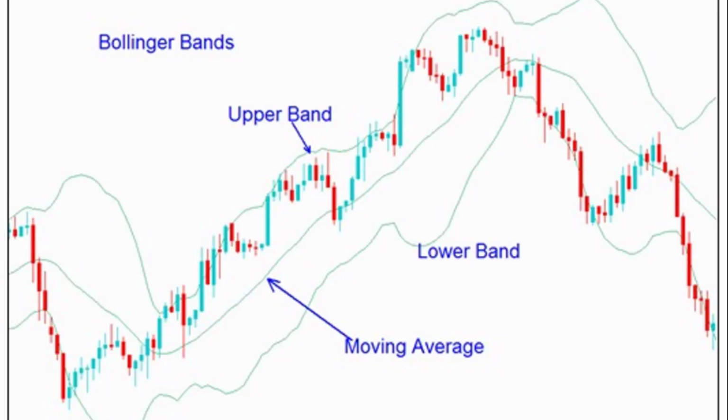When it crosses the middle band, most of the time it moves to touch the upper band, which then serves as a resistance. From there the price might come down again to touch the middle band, which might serve as a support. And if that support is broken, the price moves from the middle band to the lower band, which will serve as a